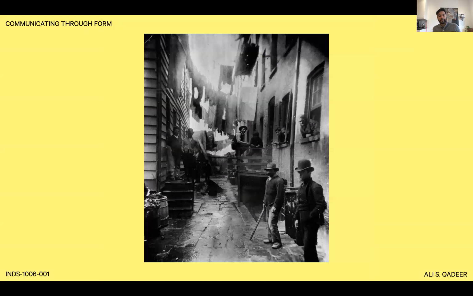With this transition, photography became an extension of journalism. This photograph by Jacob Riis is titled Bandit's Roost. It's an image of an alley in Lower Manhattan from his book about poverty and crime in New York called How the Other Half Lives. New camera technology allowed Riis to move his studio out into the world, capturing things that couldn't have been captured before.